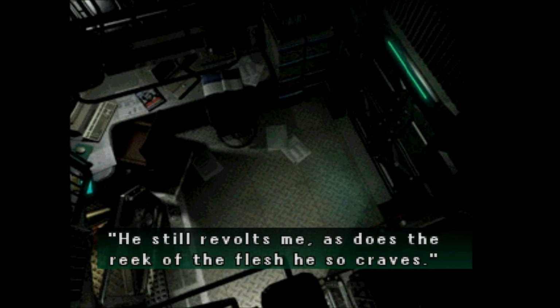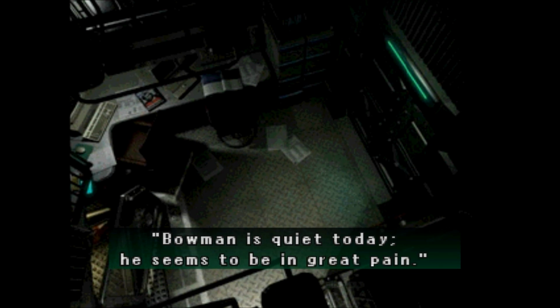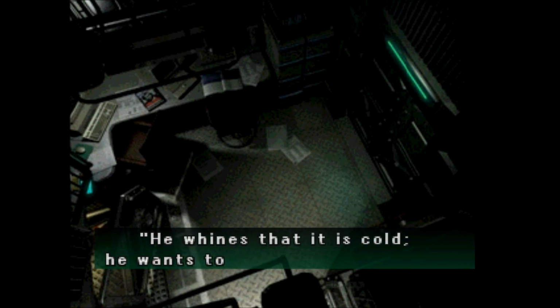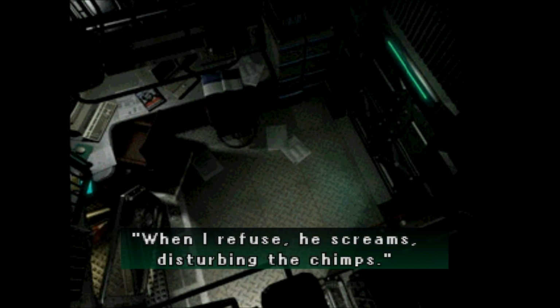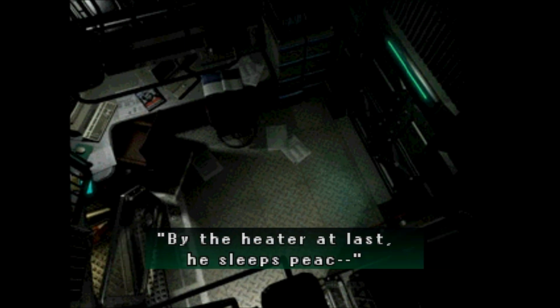He still revolts me, as does the reek of the flesh he so craves. I am nauseated. I will leave early today. April 12th. Bowman is quiet today. He seems to be in great pain. He whines that it is cold. He wants to be near the heater. When I refuse, he screams, disturbing the chimps. I let him out of the cage. He now stands 9 foot 3 inches tall. By the heater, at last, he sleeps in...